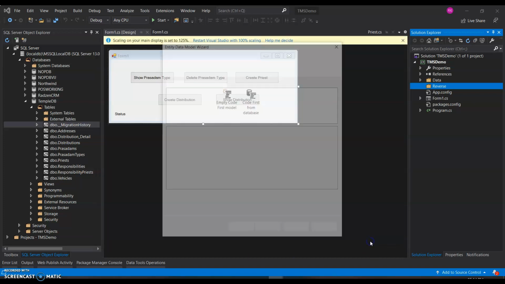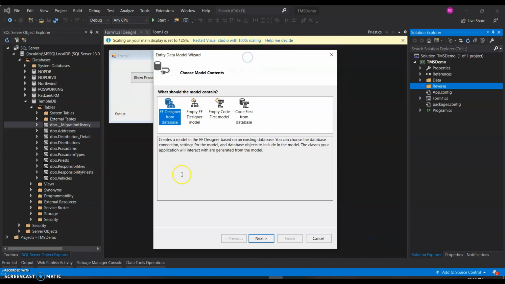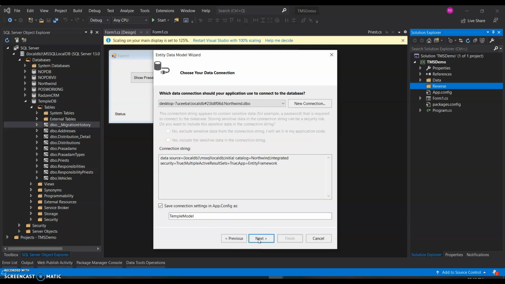I'll click on add. So if you remember, we got this dialog box even when we were learning about data first approach. So this is the option I was talking about. Creates a code first model based on an existing database. So that's interesting, right? So let's just go ahead and say next. So now it is asking me which is the connection which you have to choose. Now in my case, I already have connected to it, so it is showing. Otherwise you will have to go the new connection route.